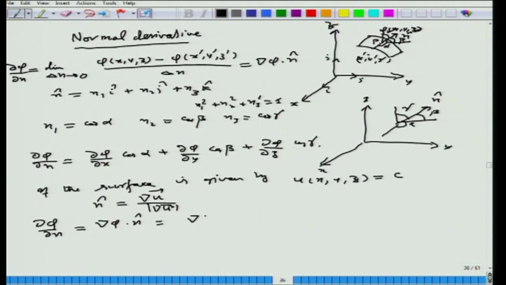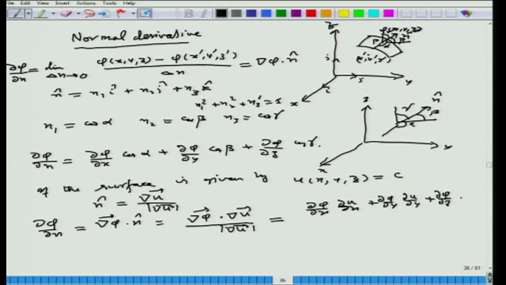That will be gradient of phi dot gradient of u over |gradient of u|. In component form, this is del phi by del x, del u by del x plus del phi by del y, del u by del y plus del phi by del z, del u by del z, over the square root with plus minus sign,